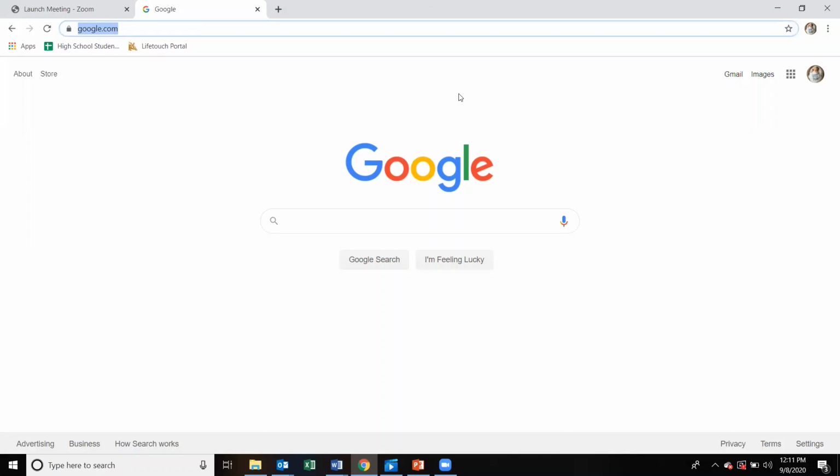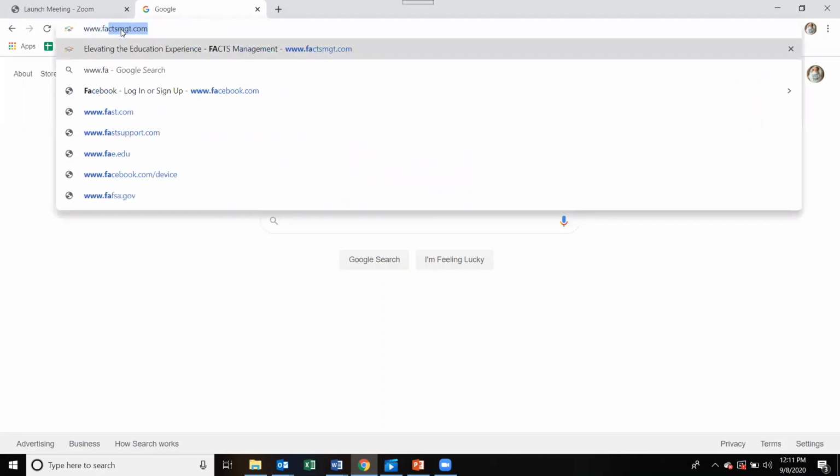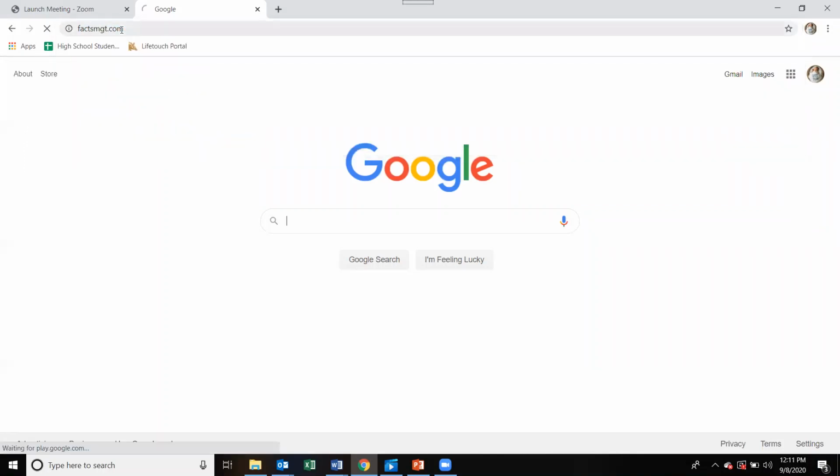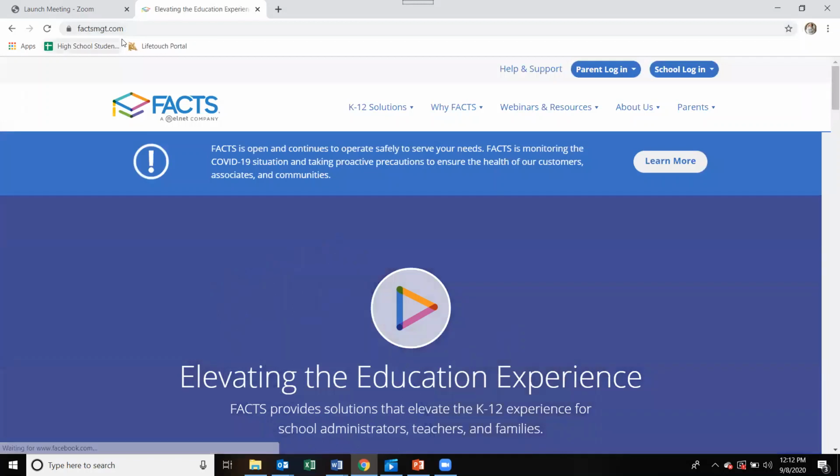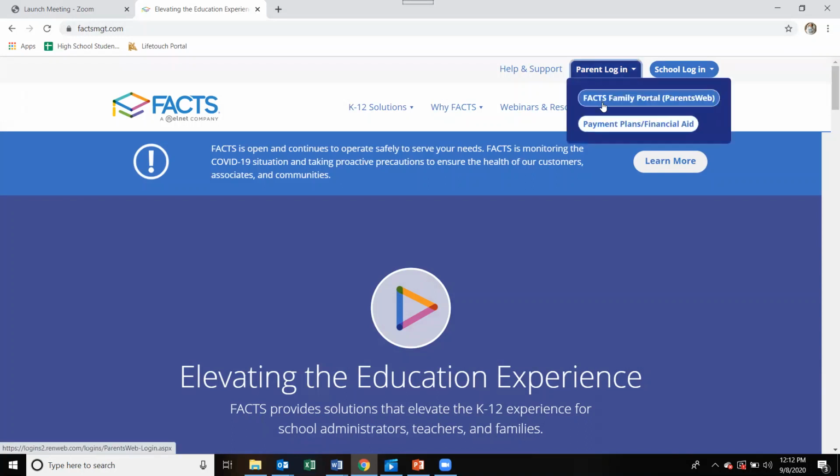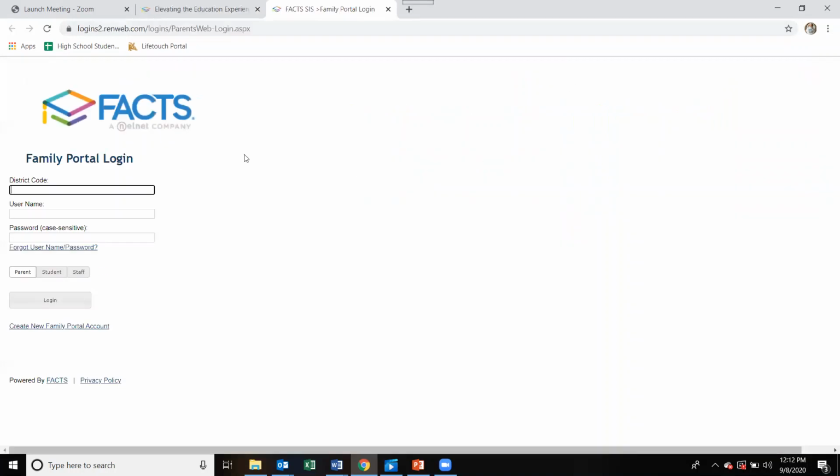Today we are going to log into Parents Web. In your search bar, you're going to enter www.faxmgt.com, enter, and that will bring you to the main page of the Fax website where you can select Parent Login, select Fax Family Portal, which is Parents Web, and then you're at this main screen and you enter our